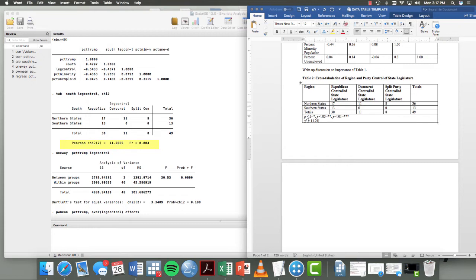And then we need to determine how many stars we give the chi-square. So first of all, we have to ask ourselves, is the chi-square statistic statistically significant? Well, we see the probability here is 0.004. Is that less than any of these values? Yes, it is less than 0.01, so it has the highest degree of statistical significance. We give it 3 stars because 0.004 is in fact less than 0.01, right? So we are very, very confident in our ability to reject the null hypothesis that there are no statistical significant